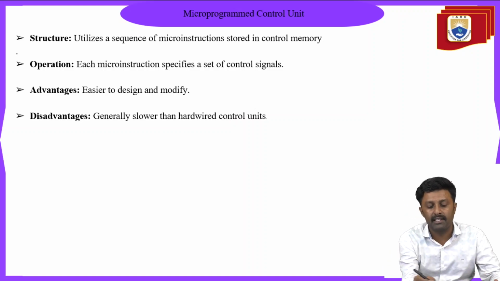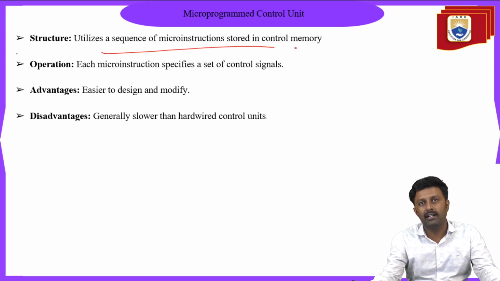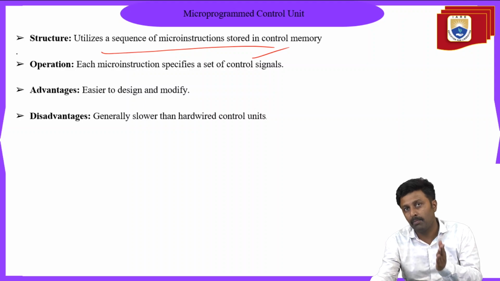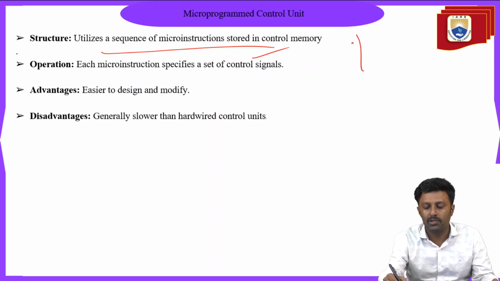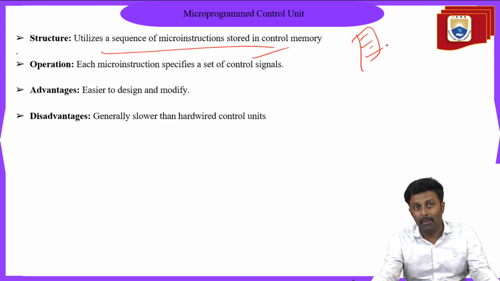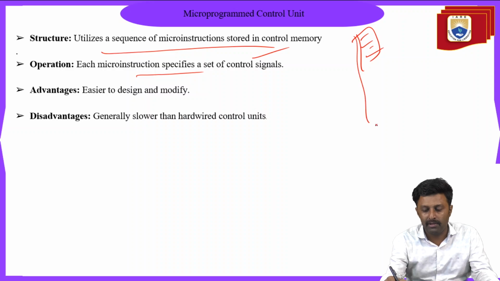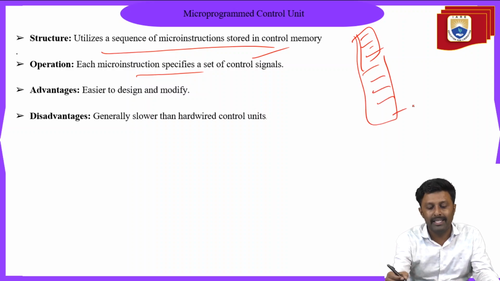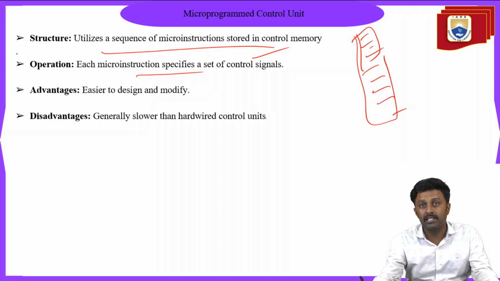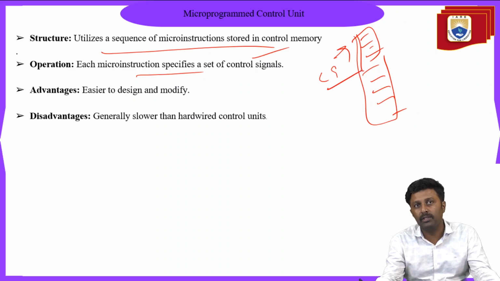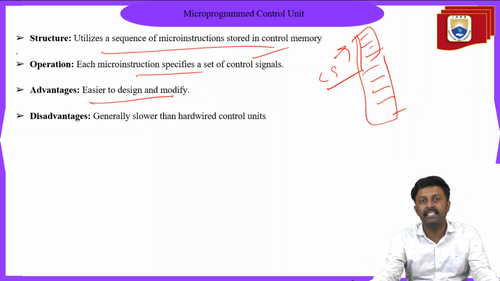Whereas in the microprogram control unit, the structure utilizes a sequence of micro instructions stored in the control memory. We will be writing the micro instructions, which will be stored in the control memory. Each micro instruction will perform a specific set of operations and will have specific control signals. Compared to the hardwired one, it has the advantage that it is easier to design,